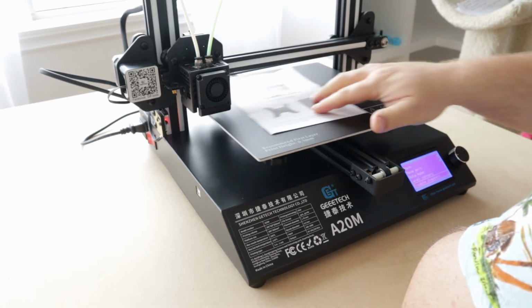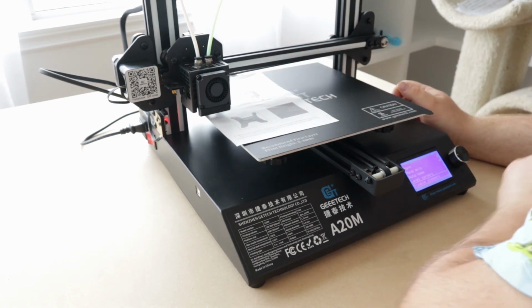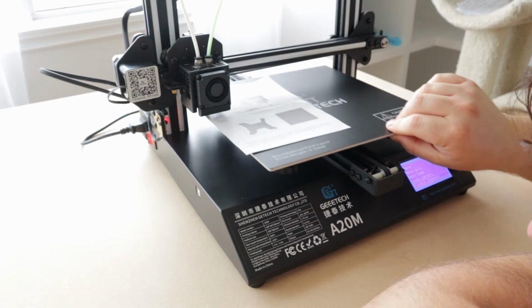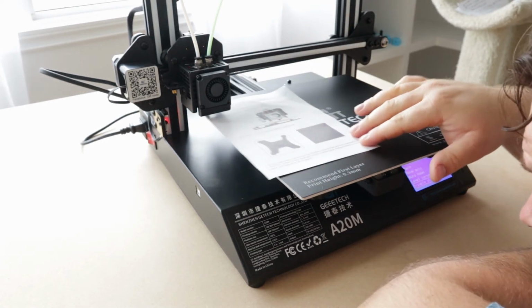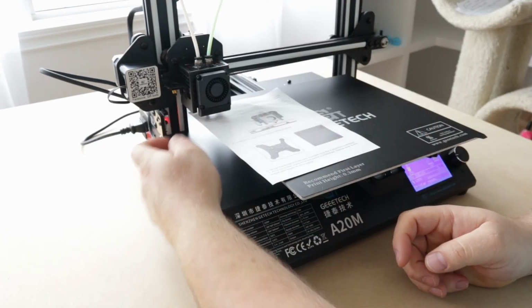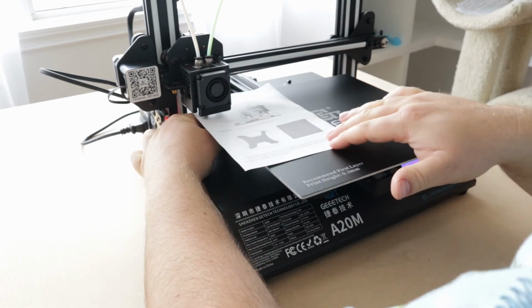Okay, to level the bed, we start out with the heat bed tightened up as low as we can. We're going to want to raise that into our nozzle. We use this piece of paper here as a thickness gauge. So as we're